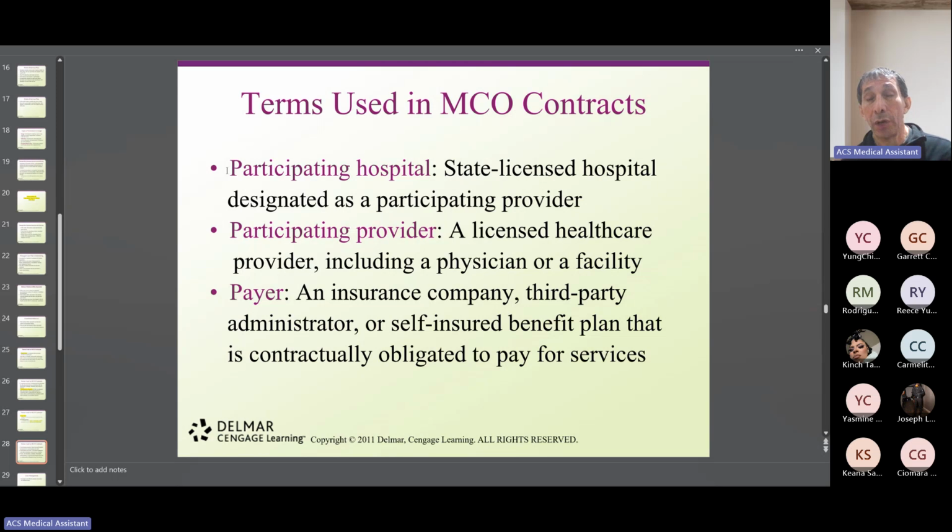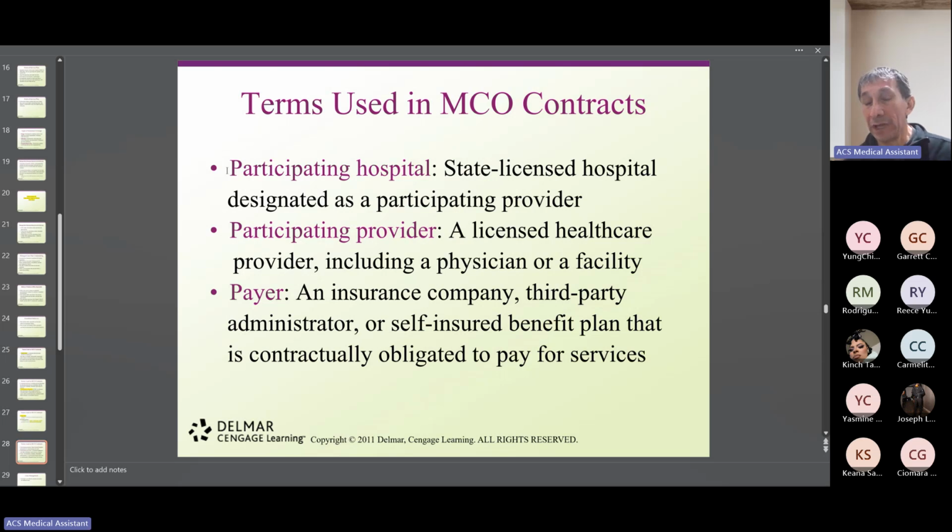You enroll, you have a contract with this insurance company. So therefore, you can take their clients. So I can accept Blue Cross, Blue Shield. I can accept United Healthcare. I can accept Oxford. I can accept any insurance, whether it's private or commercial, means the same, or government insurance. I can take Medicare, Medicaid, and all these plans or HMOs under Medicaid. So that will be a participating hospital.